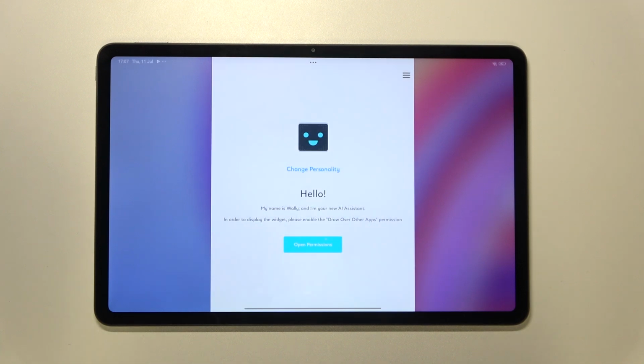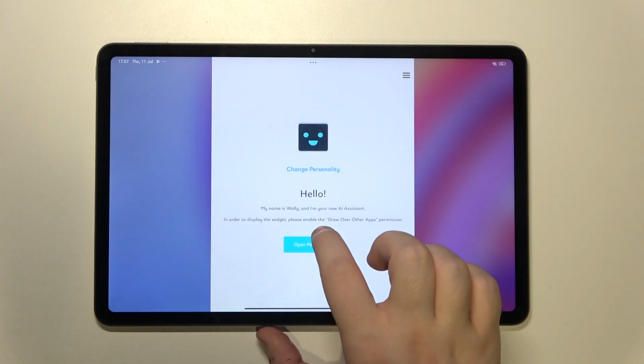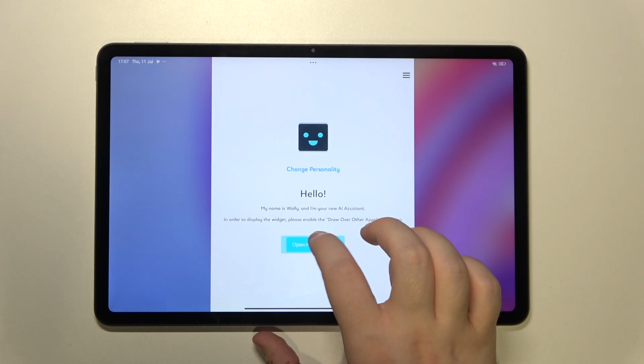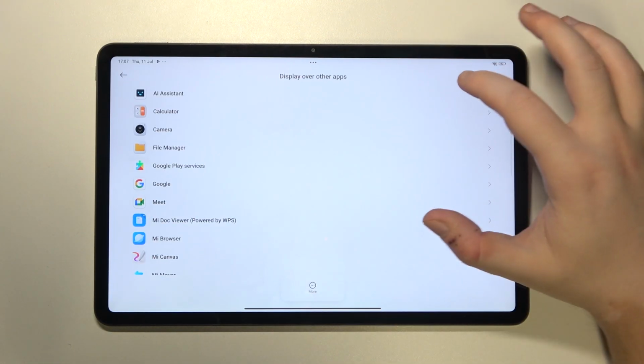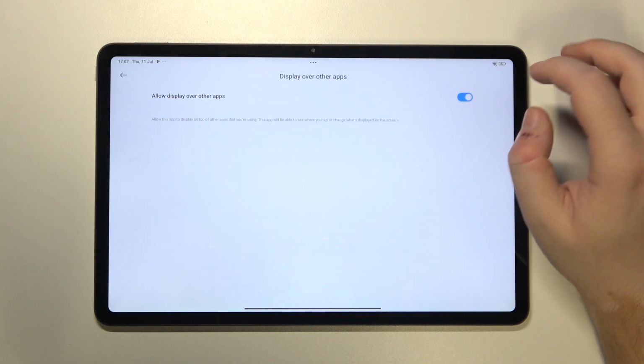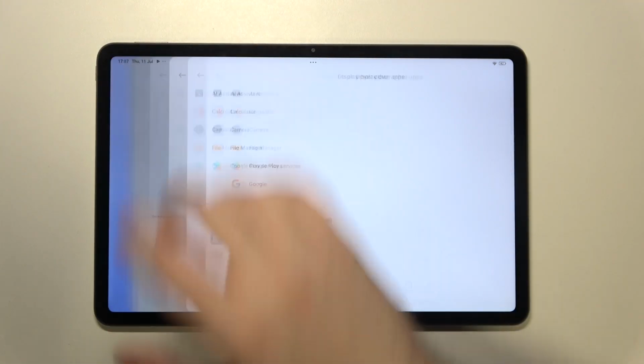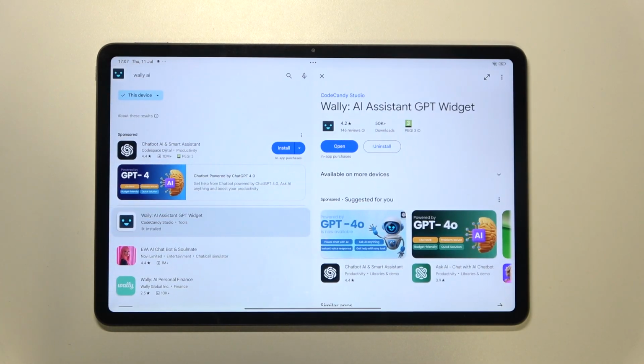and click this button to skip introduction, then click not now and you can click open permissions. Then select AI assistant and you have to click here to allow this app to display over other apps. Then you can click back and click back again, and now you can click start, and as you can see,